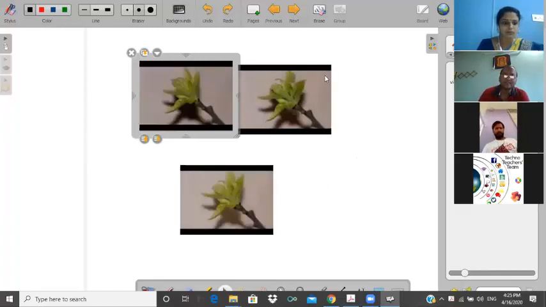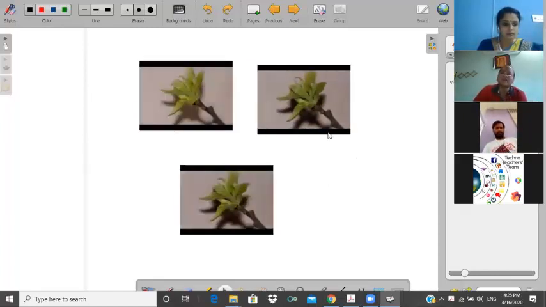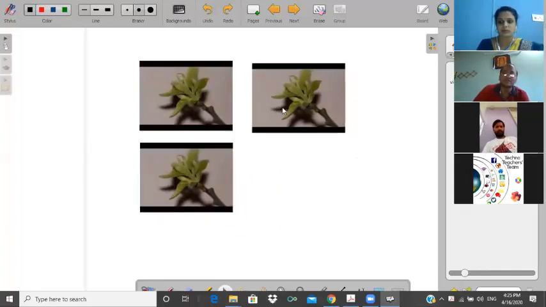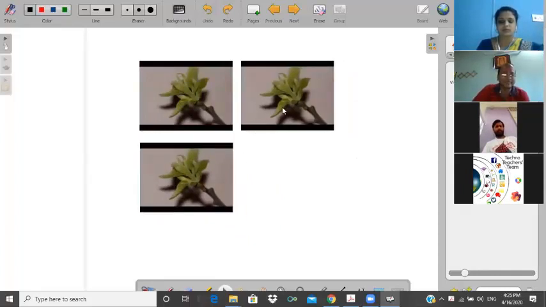This is not possible in other video players. So this is one of the useful things. You can drag and drop a number of different types of videos at a time. That is the main purpose of this software.